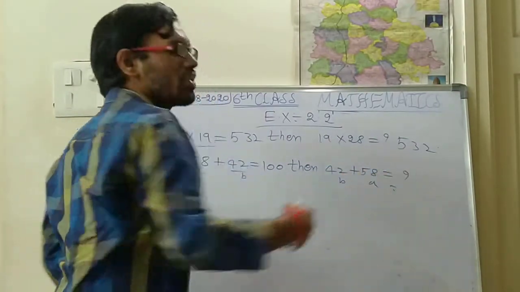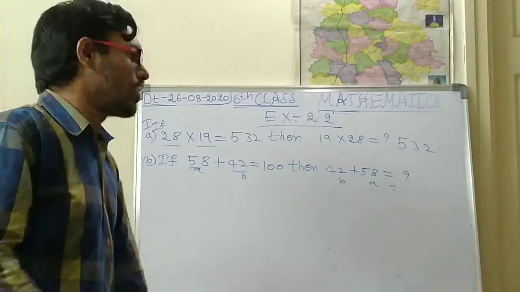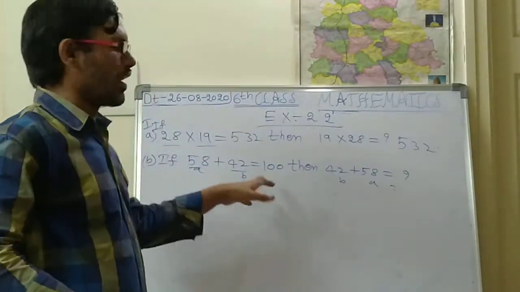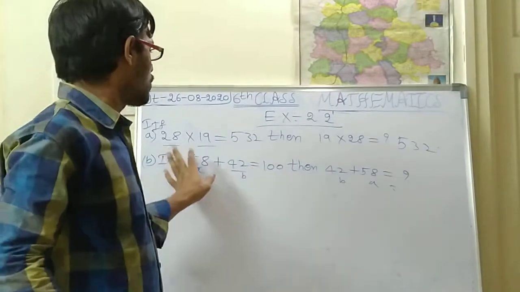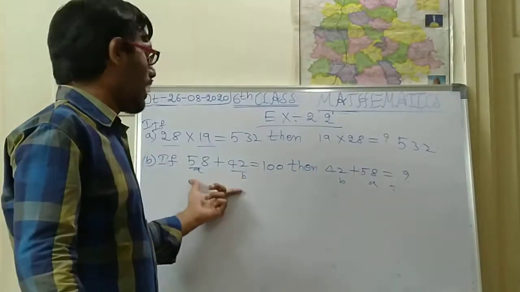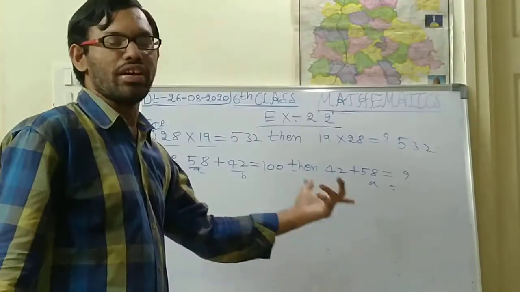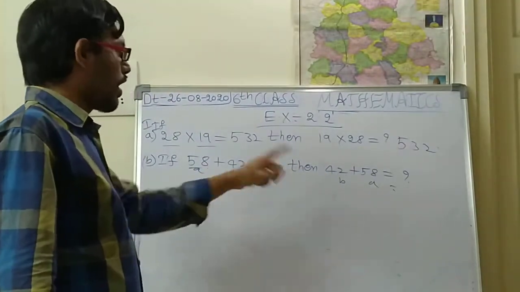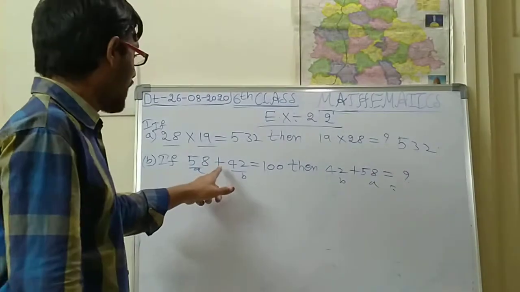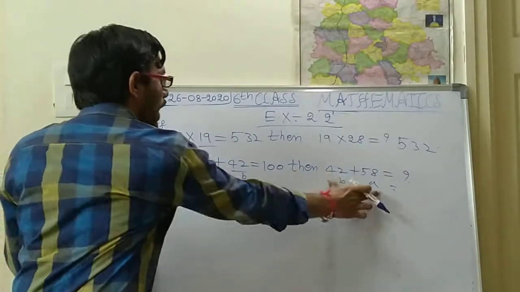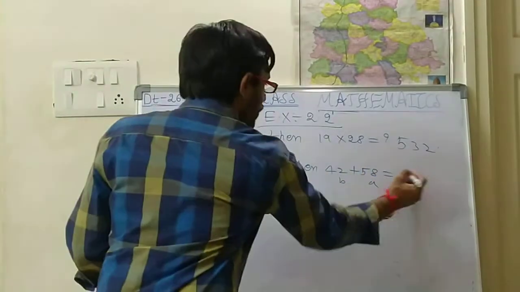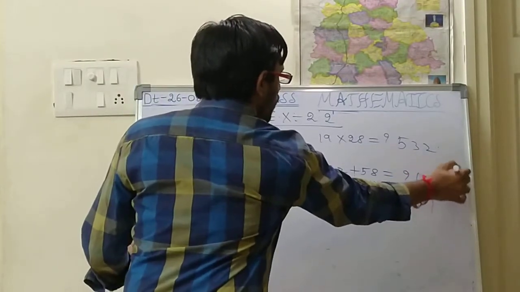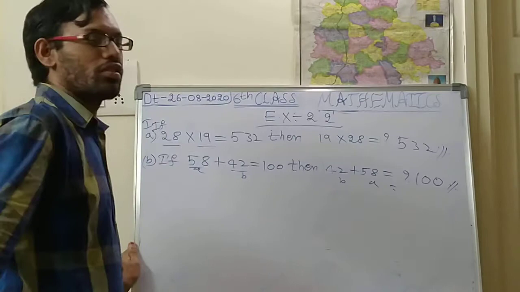A plus B is always equal to B plus A in whole numbers. Every number is a whole number only, there are no negative numbers in the question. So A plus B will become B plus A, both are equal. So what is this property? This is also commutative property, under addition. So A plus B and B plus A are given. What is 42 plus 58? This is also 100 only. Okay, so like this you have to do the problem.